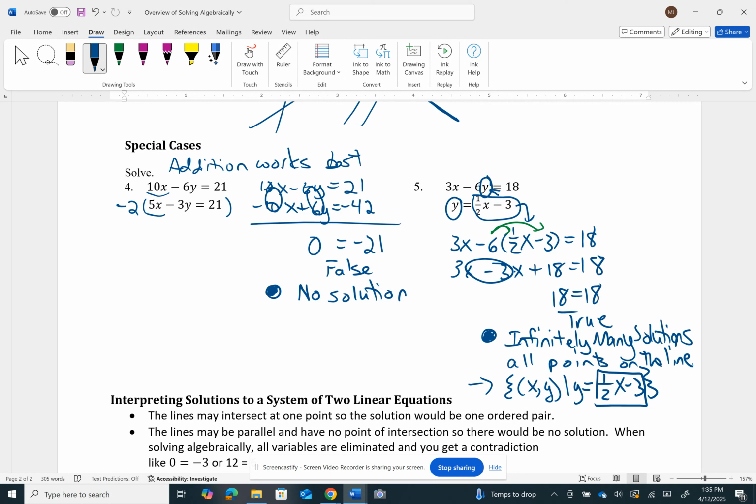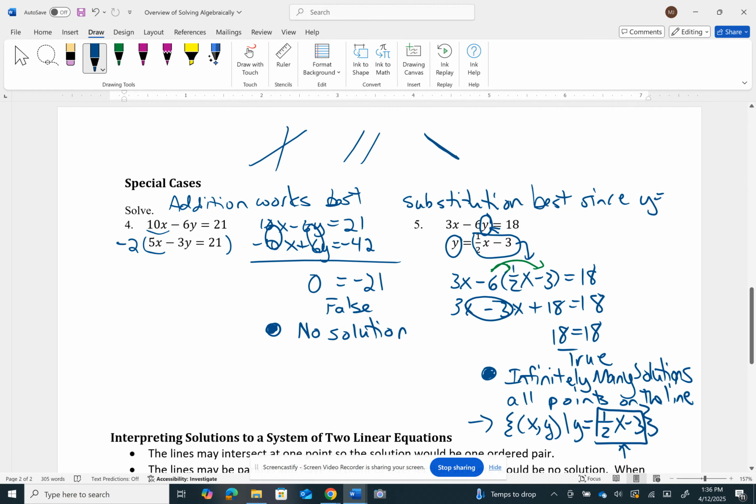What you would put there would be the rest of the equation. Okay? So these are the two special cases. This question number 5, turned out we used substitution since we already had the y equals. We already had one of the variables by itself. Okay, doesn't really matter how you solve it, but you need to get straight that with this special case, you're